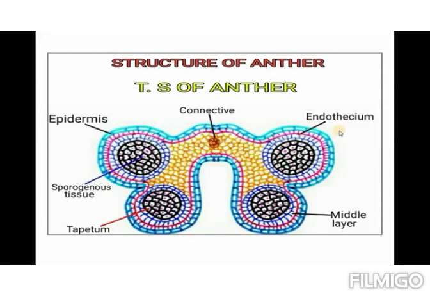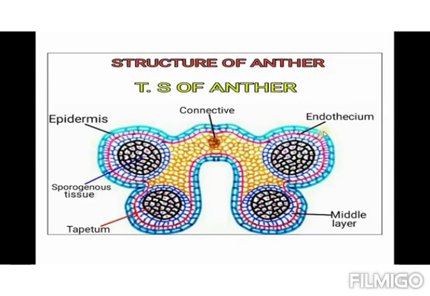I'll repeat again. In this anther wall there are a total of 4 layers. The first one is the epidermal layer or epidermis, which is protective in function. The second one is the endothecium, which is hygroscopic in nature. In this, callus formation is also there. The cells are arranged radially. And the third one is called the middle layer, which is made up of parenchymatous tissue, and there are 2 or